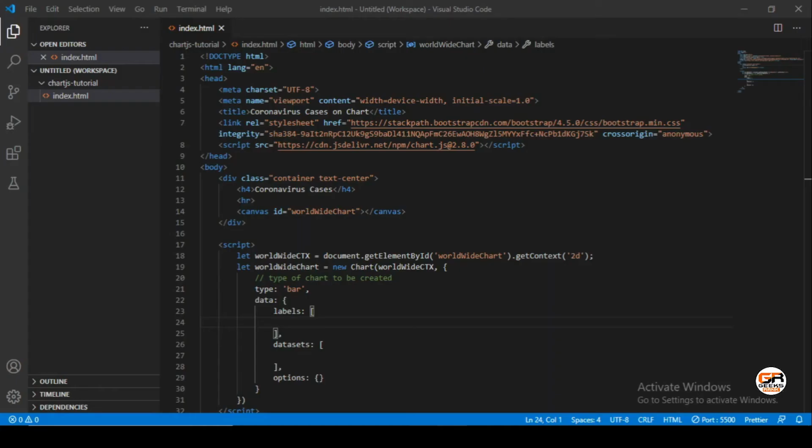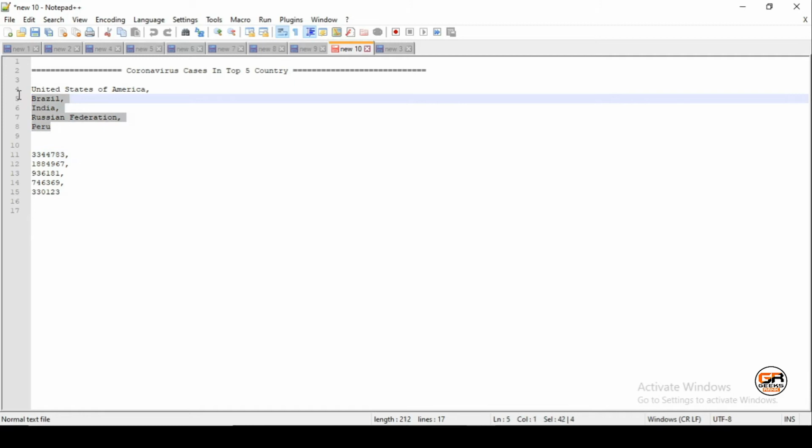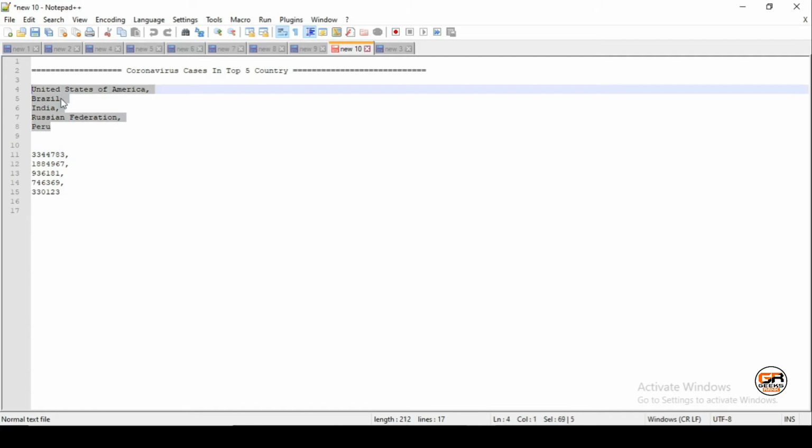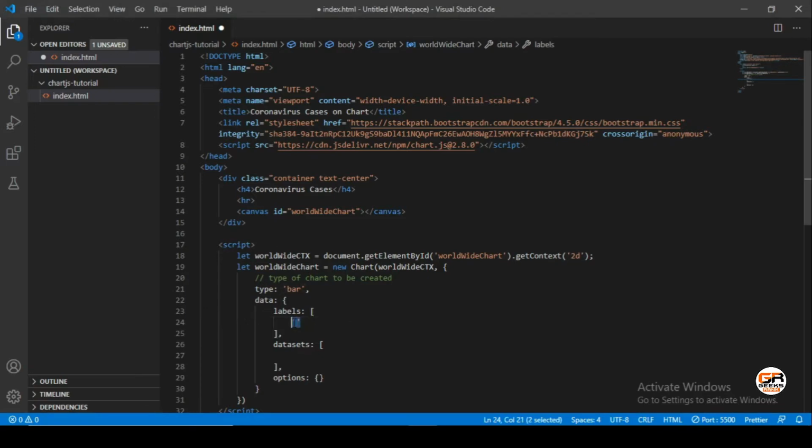Let's create the labels for that. For labels, we will put here the names of the countries, the top 5 countries. For that I have written the names of the countries and their datasets separately. Just copy and paste here, and here you can see the names of the top 5 countries I have already collected.